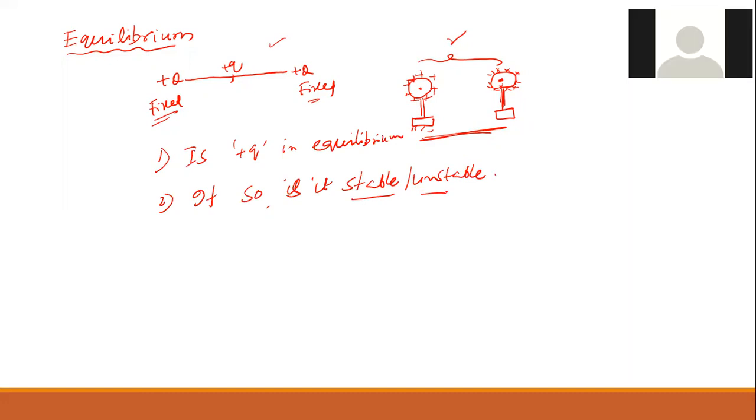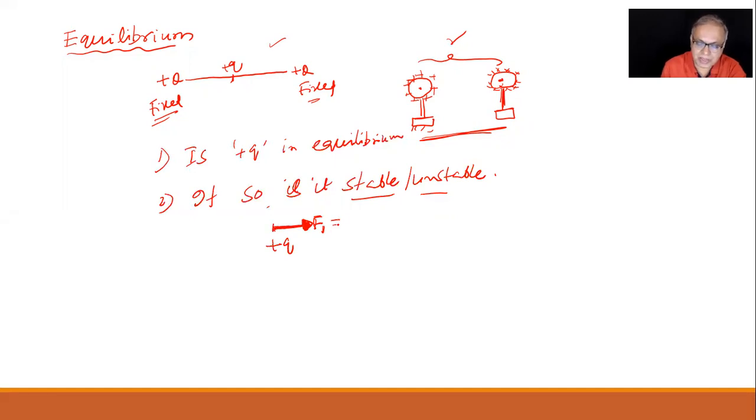Sir, plus q charge is in equilibrium. Plus q charge is in equilibrium for sure, because we already have done it yesterday. Why, Bharat? Because there's no force acting on it. If the net force is 0, it is equilibrium. That's the first thing. Good. But let me once again show it. This plus q will repel it. I'll call it F1. This is a geometrical way of doing the problems. I'll put the arrow here and I write the magnitude F1 like this. I need not put bar here because I already showed the vector like this.